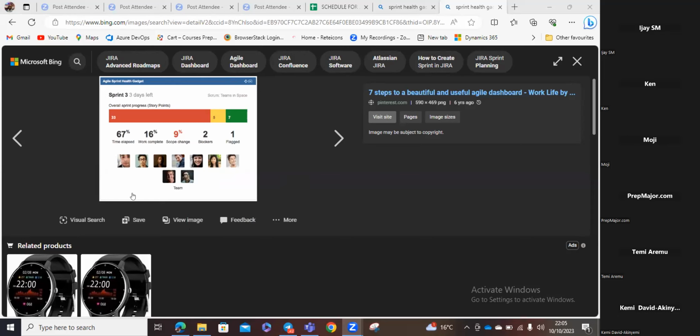So all what Moji has said, in Jira, we actually have a plugin that is Sprint Health. So it tells you everything Moji has just explained. So for this team, for example, let me just explain what you're seeing. All the story points they took in, if you add all this, they took 45 story points in. They have gone through 33 story points. Let's say these are the ones in to-do that they've not started working on, 5 story points in progress and 7 completed, something like that.